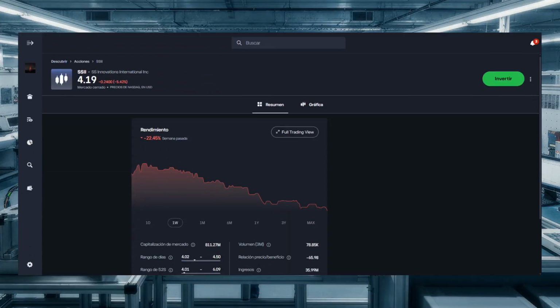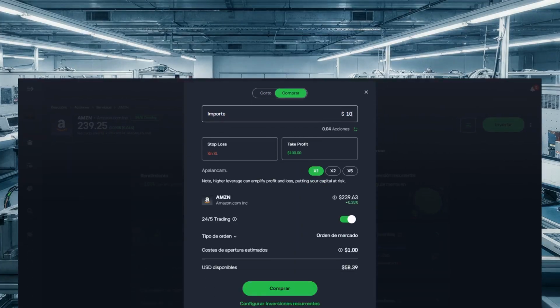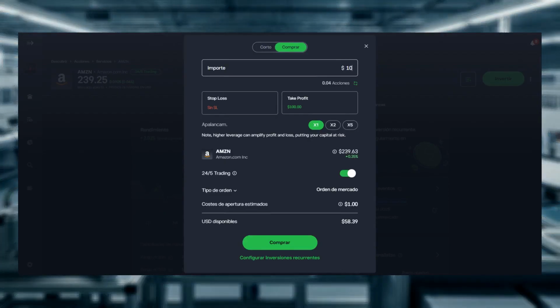On the company page, you will see basic information about the business and a price chart to review recent movement. Confirm the company name and ticker are correct before proceeding. To place a trade, click Invest, enter the amount you want to buy, then carefully review and confirm the order